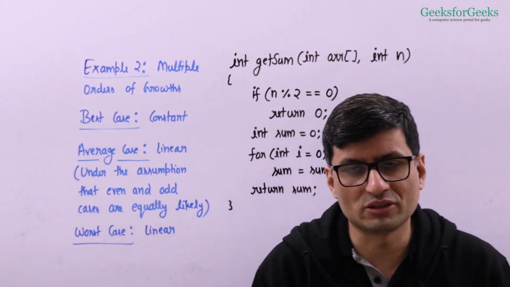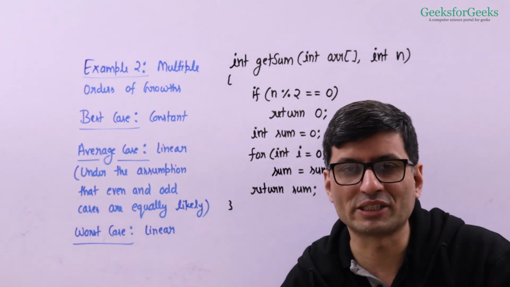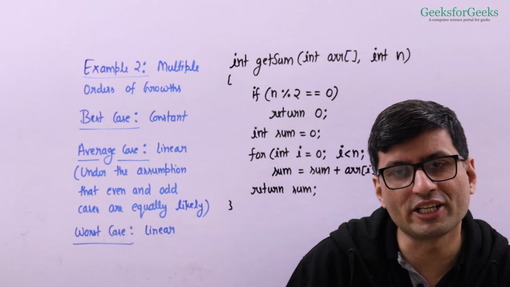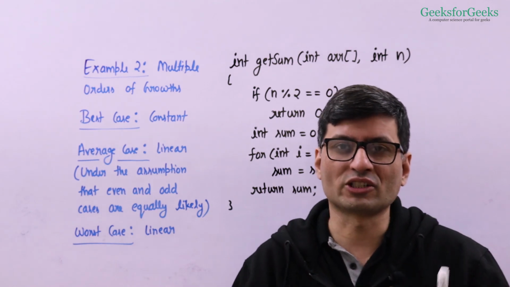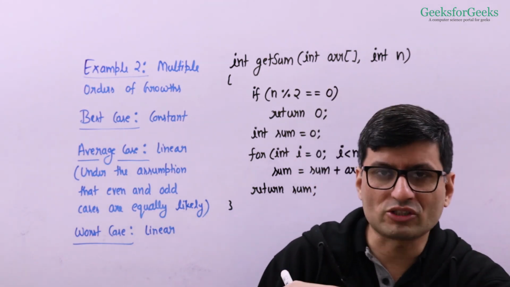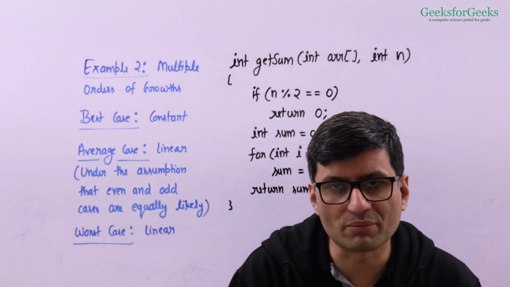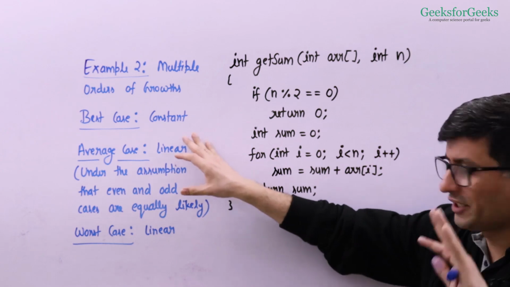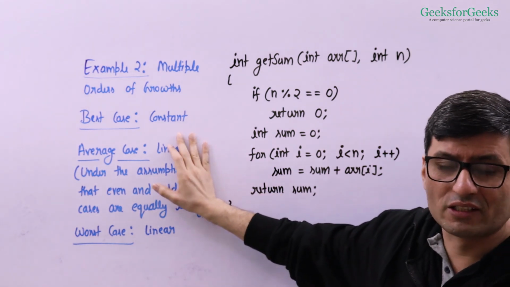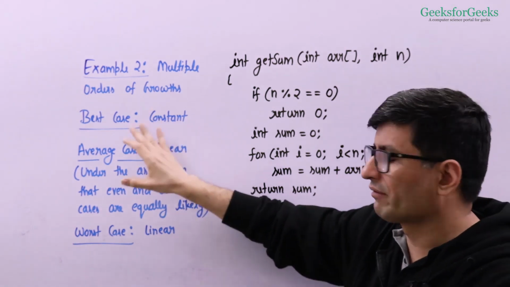But many algorithms have different cases. For certain input, they take different time, and for certain other input, they take different other times. And there are many standard algorithms also like this. There is the insertion sort algorithm. If you provide sorted input, it takes linear time. If you provide reverse sorted input, it takes quadratic time. So the cases when your algorithm has different times for different types of inputs, in those cases we divide the cases into three cases: